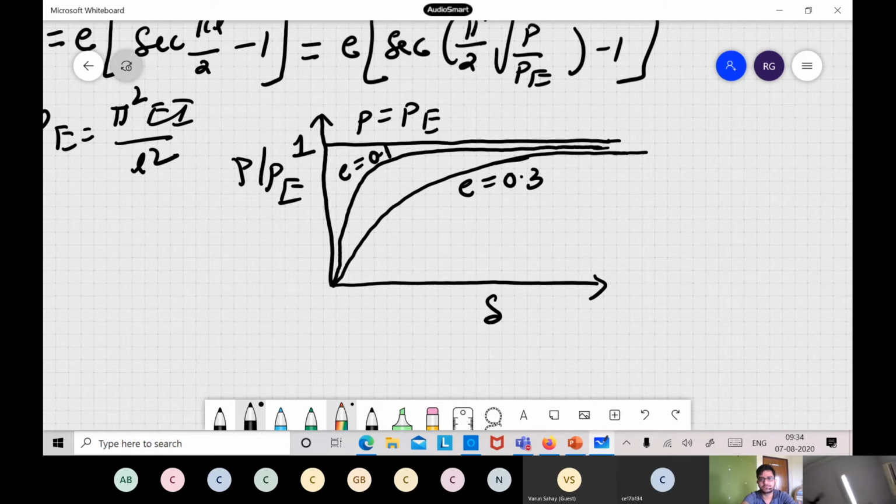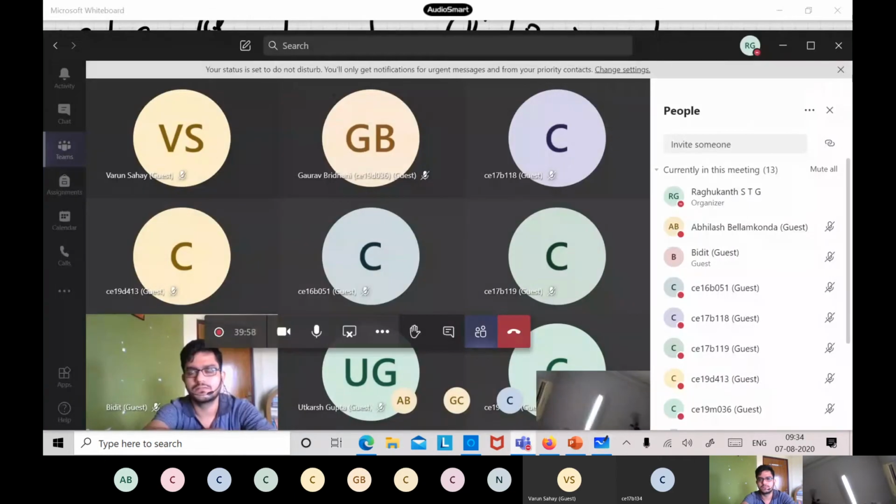And now here, how do we calculate the buckling load? Just now I told you, right? How do you calculate the buckling load for this case also? There is no concept of neutral equilibrium. So with the load versus deflection diagram, you have to find the load at which a small increment in load gives you a large deflection. That you take as the buckling load. So when there is imperfection, this is how we have to calculate the buckling load.